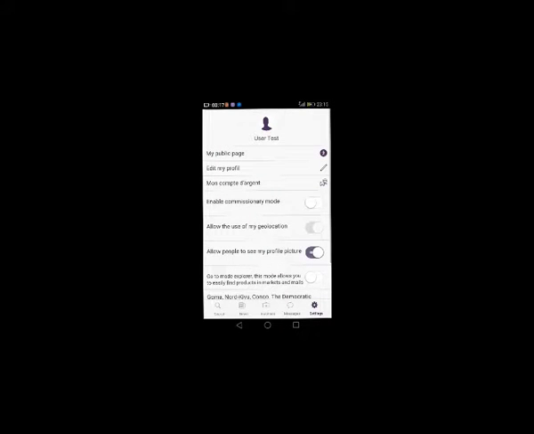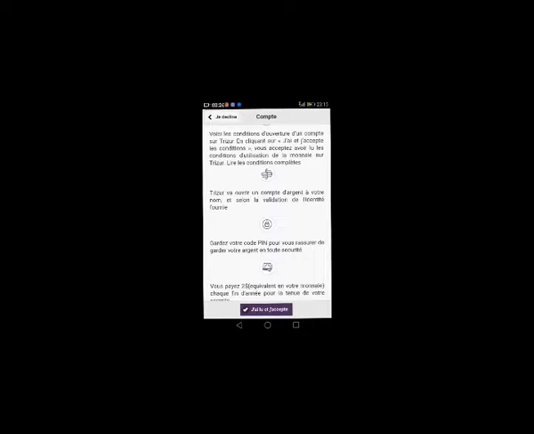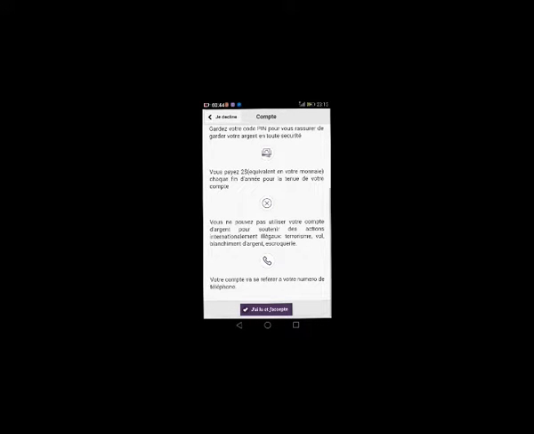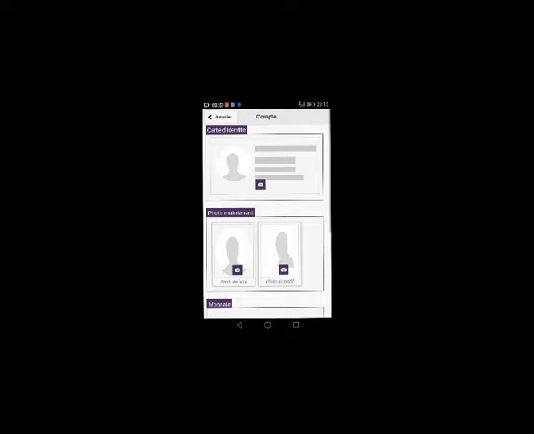So to create a money account, I'll just click here on settings and go to mon compte d'argent. It is in French, it means my money account. So when I click there, I get into this window. It will detect that I do not have an account, so it will bring me the conditions. Then I'll click on this button, and here I'll have to add my